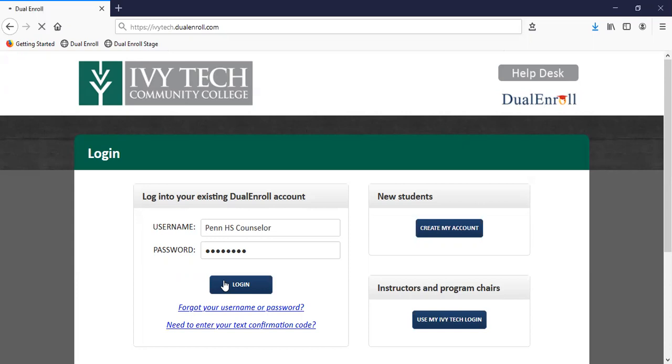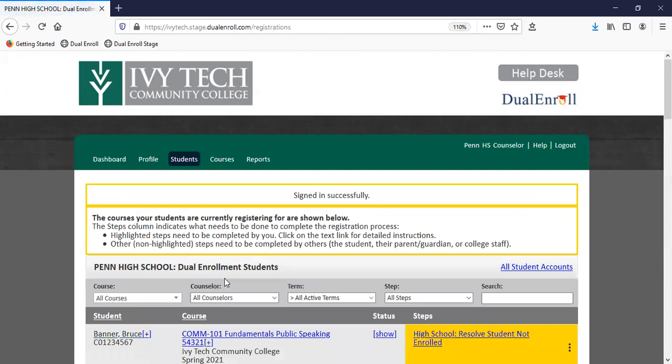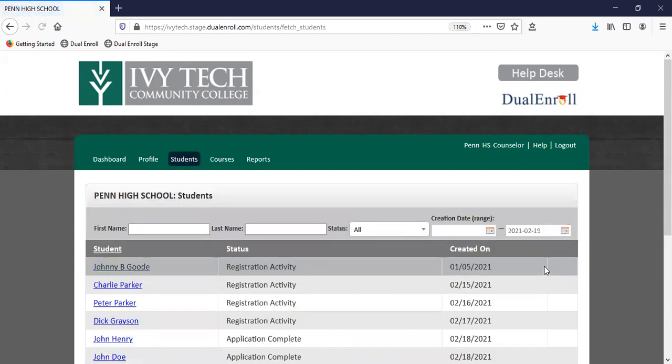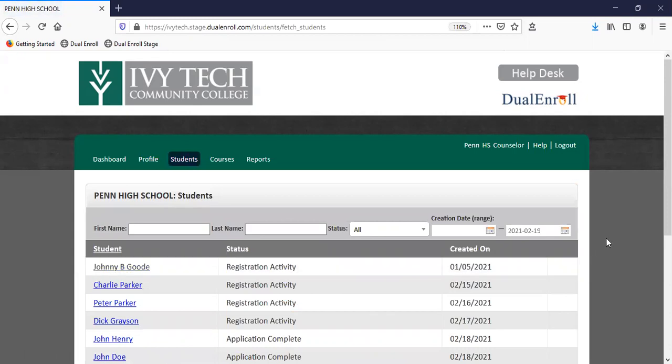First thing you see when you log in is going to be your counselor dashboard. But before we dive into tasks related to the dashboard, we're going to look at a few different areas. So the first one to look at is the All Students Account button right over here on the right-hand side. This is primarily where you will be able to manage and oversee tasks related to student applications, dual credit applications